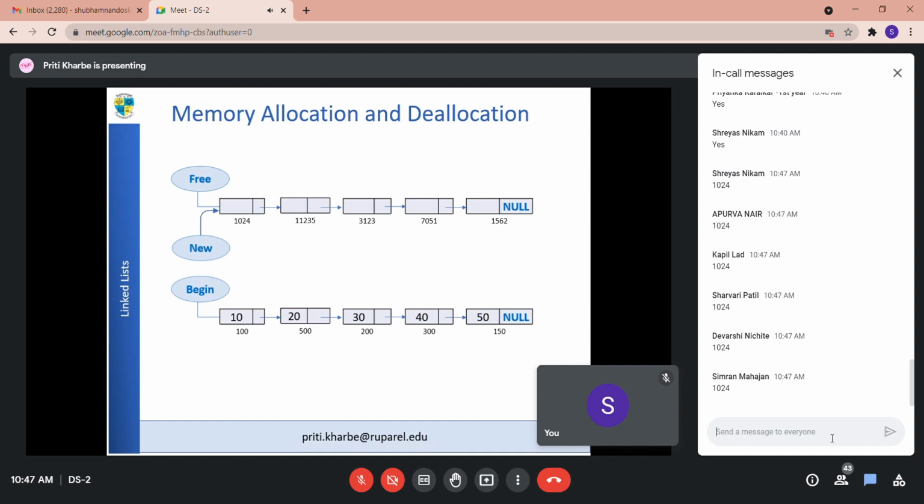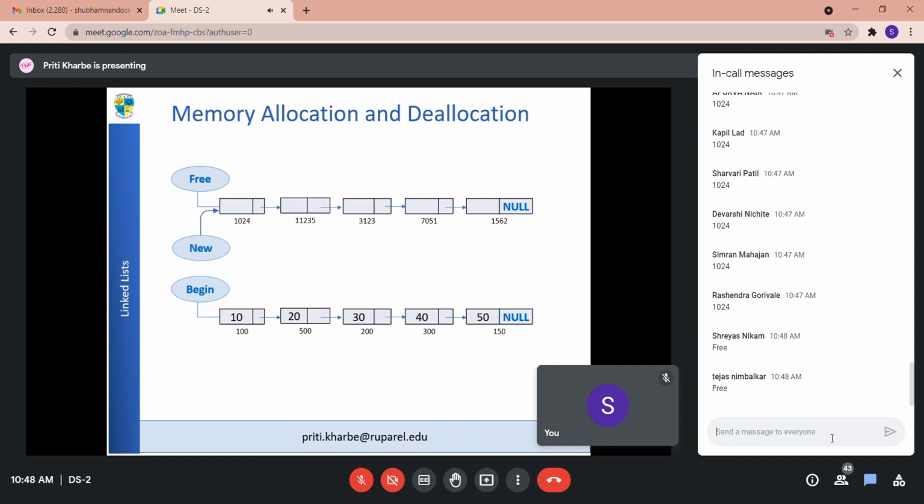After that, you have already given this node to new. Now what should happen? Free, which was having address 1024, should now have the address of the next element, right? First of all, new gets the address 1024. In which variable is address 1024 stored?